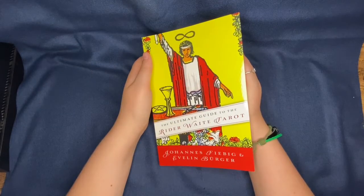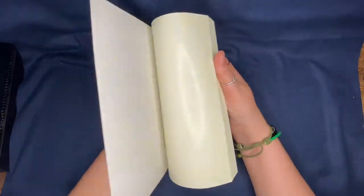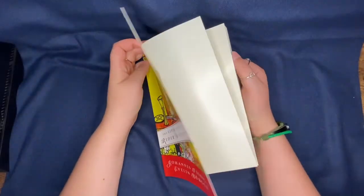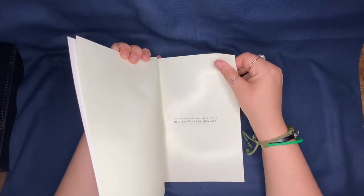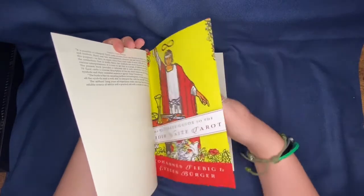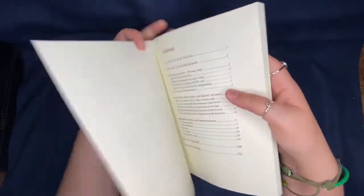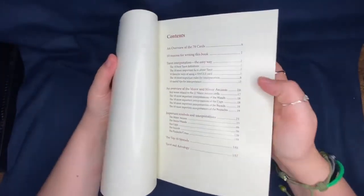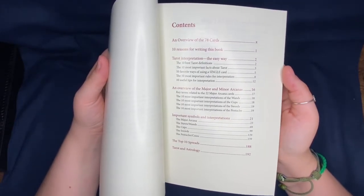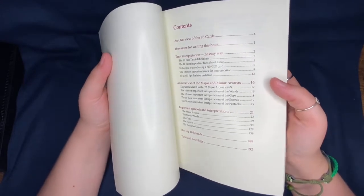So I saved the Ultimate Guide to the Rider-Waite Tarot for last because this is a good book also, but I feel like this one may not be the best for a beginner. I feel like this one is definitely better for someone who's already a little more advanced in tarot. So if we look at the table of contents here, we have an introduction, we have tarot interpretation the easy way, an overview of the major and minor arcanas, important symbols and interpretations,